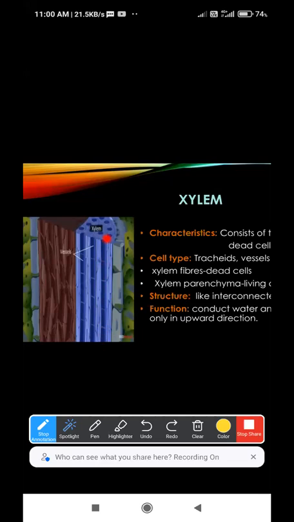Then it contains xylem parenchyma, which acts as a supportive medium for storage of food and the nutrients and filling the gaps between the tissues. And this brown color that you see, they are known as xylem fiber, which are actually the sclerenchyma cells, that are known as xylem fiber or the dead cells. They work as a support for the vessel tissue. As I said, it forms the pipeline from top to bottom.